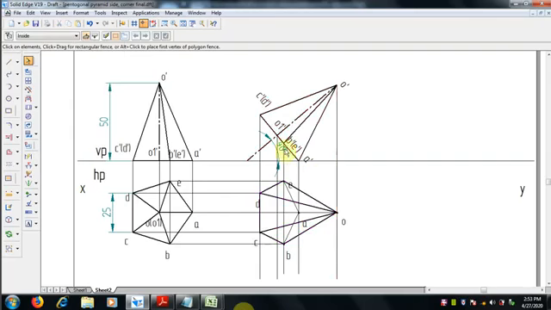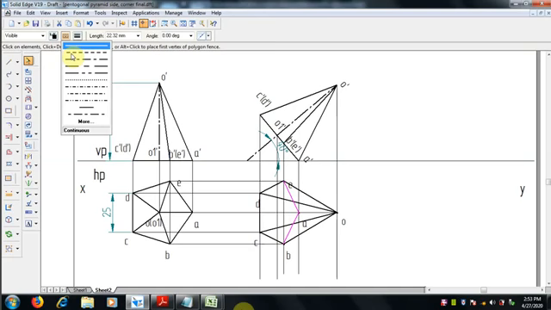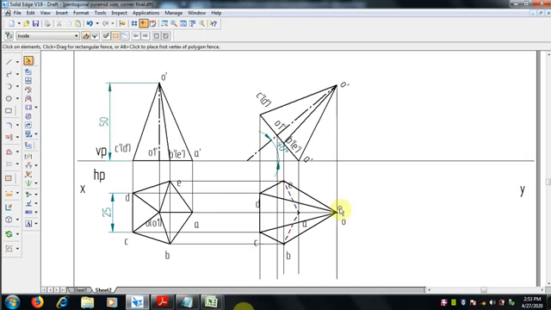Now these are all the things, but the A, you can see it is below the axis line and it is with the reference line. So the edges AE and AB are hidden lines. So select the hidden lines, and that's it.